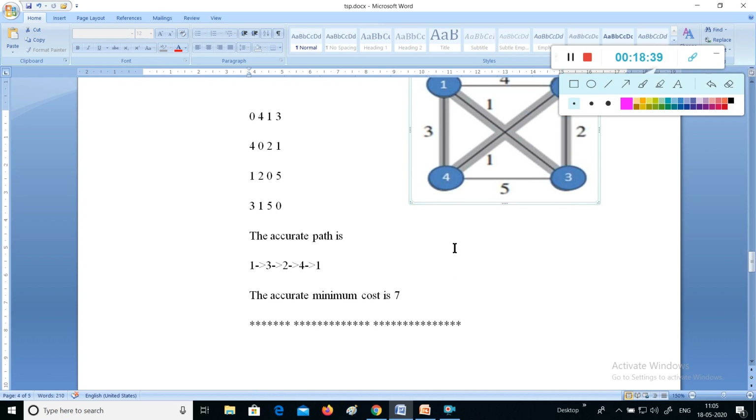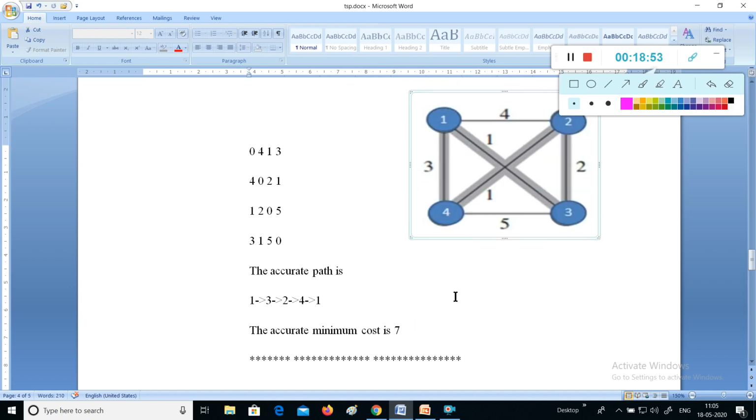Then we are invoking the function TSPDP, the traveling salesman problem with the dynamic programming technique, implemented using a recursive technique, and it gives an accurate path with the minimum cost, as we already took in the example. Many possible paths are there. Among all those paths, only the path with the minimum cost will be selected here.